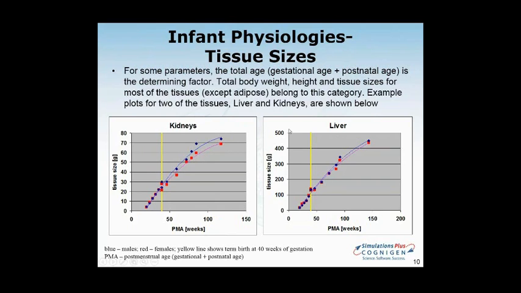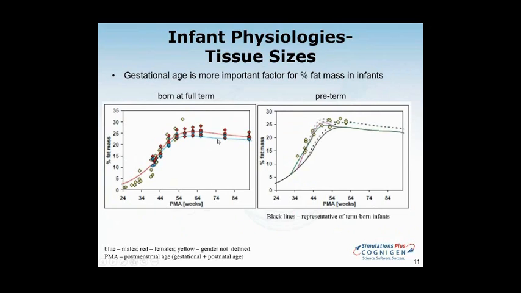When it comes to tissue sizes, the exception really was the adipose tissue, where based on the information we were able to collect in literature, the prematurely born babies actually go through something called a catch-up period, where they accumulate fat a bit faster than their full-term born controls, and they will equalize at around three months of age with the full-term born babies. So on the left, you are seeing a plot showing percent fat mass